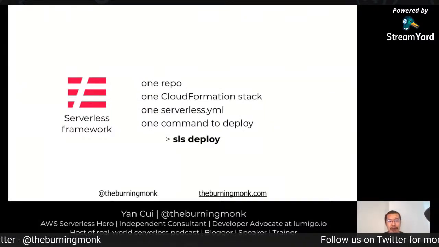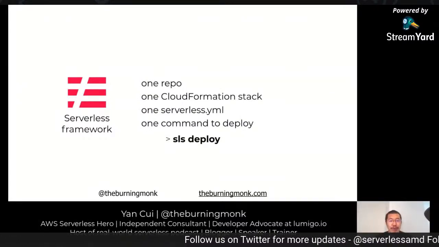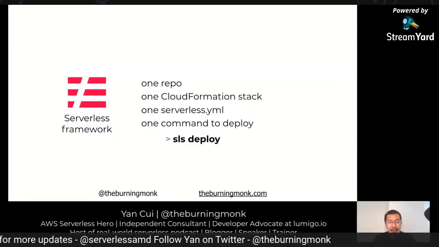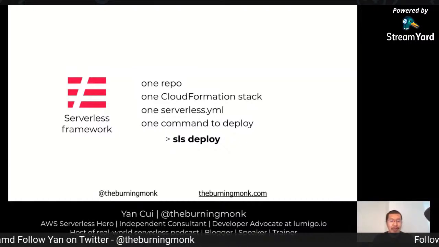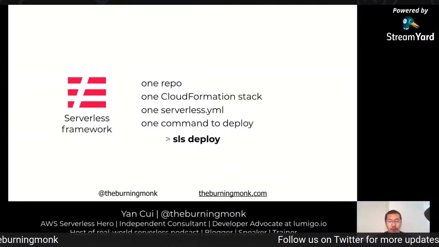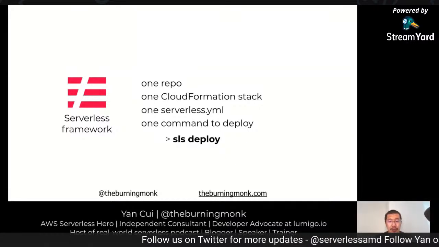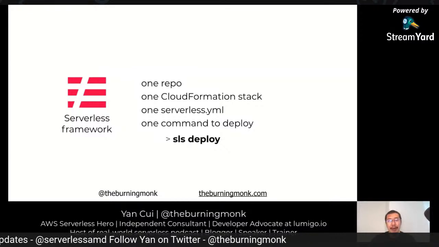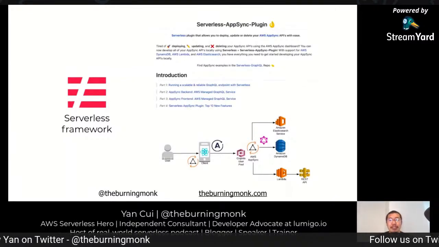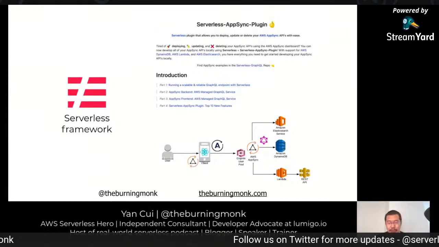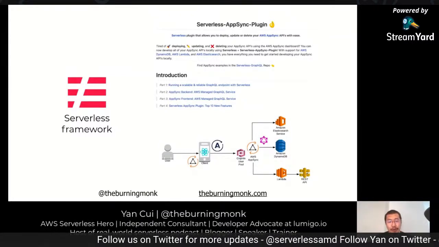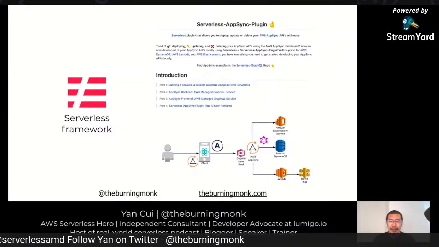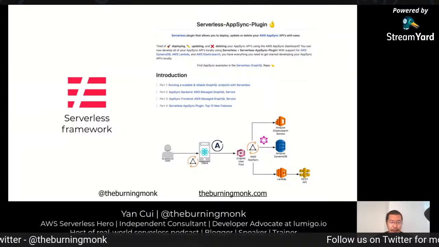And in this case, I've got one repo for the whole backend, and everything is configured in one serverless.yml and is deployed as one CloudFormation stack. So all the resource references and all of that were very straightforward, even as the project grew and grows. And to deploy, I have just one command that I need to run to deploy my entire backend. And to make it easy to configure all the different resolvers I had with AppSync, I use this plugin called Serverless AppSync plugin, which really made things easy for me.